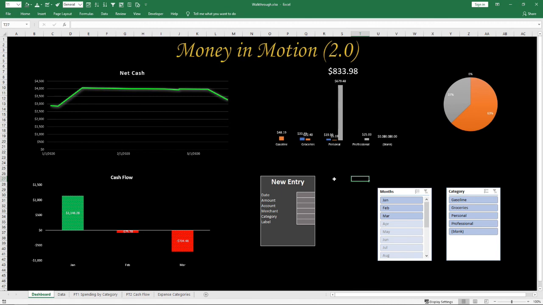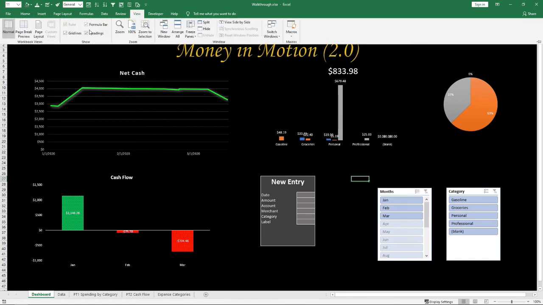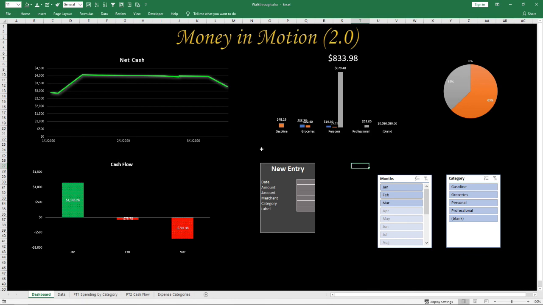And now the last thing is being able to come back to this spreadsheet and just enter right here from the dashboard without ever having to leave it. I'm going to come up here to view and get rid of the formula bar just so I can have a little more room. In order to do that, we want this new entry form. We want to be able to click send and just be done. And the way that we do that is through